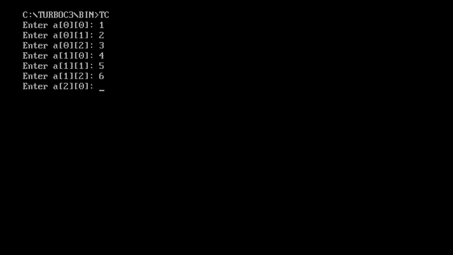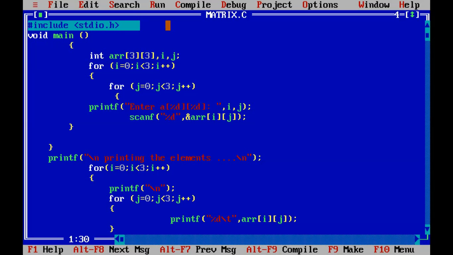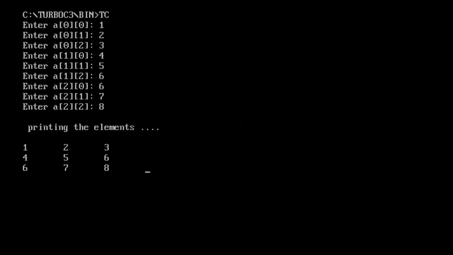So enter the elements, 7, 8. And the output will be seen with Alt F5.